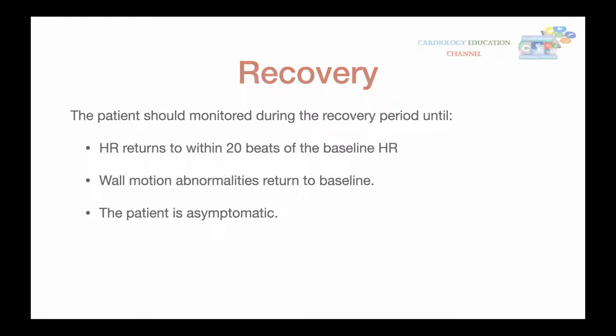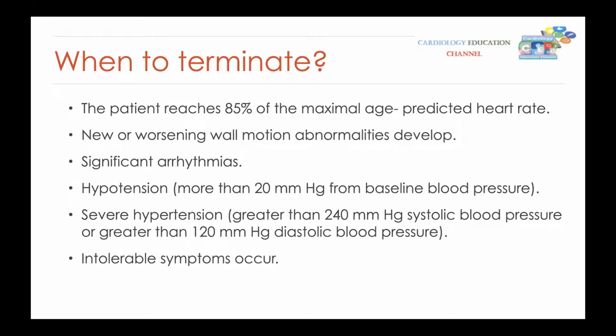So when should you terminate your test? If you are doing the test and there are some alarming features, you should terminate the test regardless of the findings you have found. Terminate if the patient has reached 85% of the maximum age-predicted heart rate, new or worsening wall motion abnormalities develop, or significant arrhythmia, and this is very important because dobutamine by nature is arrhythmogenic. Also terminate if the patient becomes hypotensive, with more than a 20 millimeter mercury drop from the baseline blood pressure, or severe hypertension, or